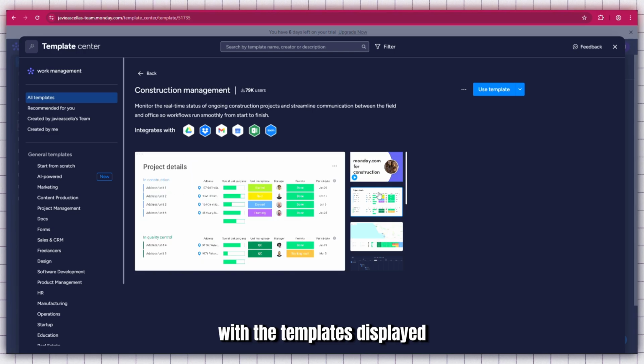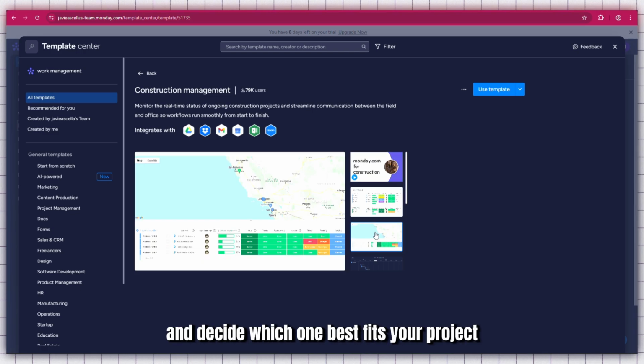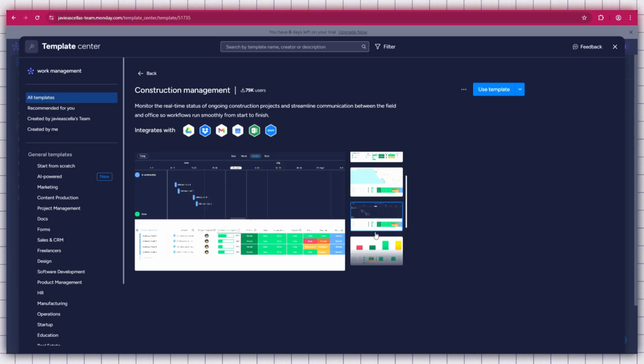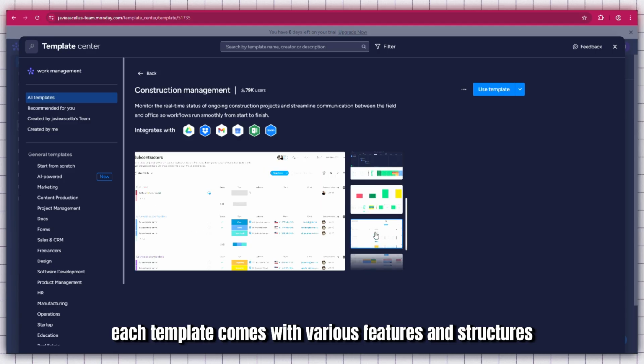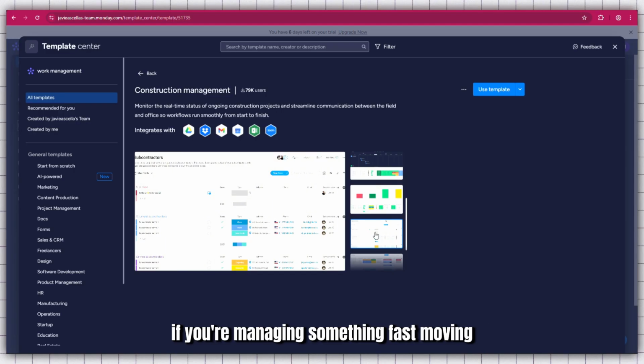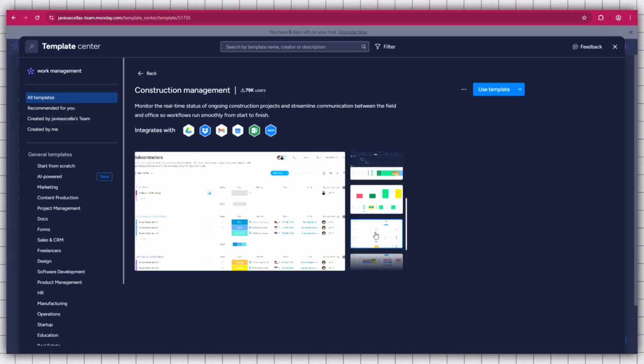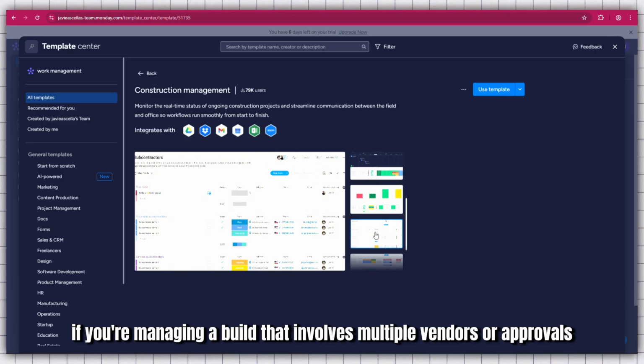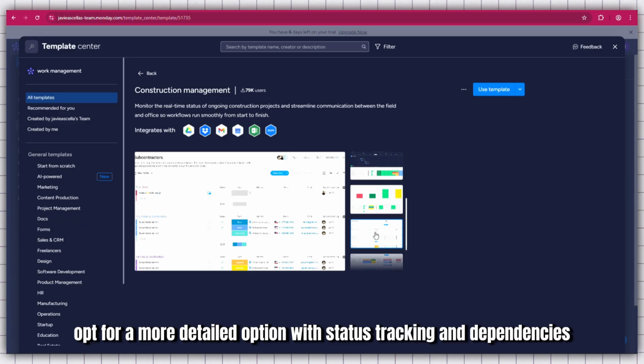With the templates displayed, take a moment to review them and decide which one best fits your project. Each template comes with various features and structures, so it's worth spending a little time to choose the one that most closely aligns with your workflow or project management style. If you're managing something fast-moving, choose a lean, simple template. If you're managing a build that involves multiple vendors or approvals, opt for a more detailed option with status tracking